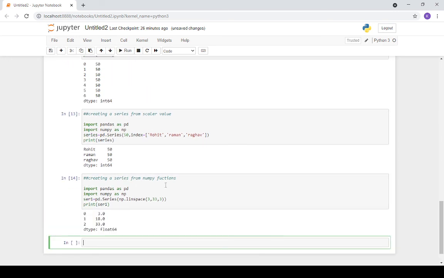Once you go with that, you can see it is written by linspace.